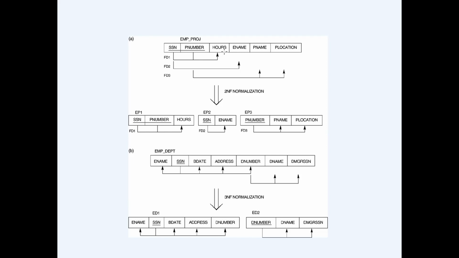Now, second normal form says the non-prime attributes, non-prime meaning not a part of the primary key, that means hours, employee name, project location, should be fully dependent on the primary key. So you have two relations. But you can see here, employee name is related only to social security number, which is a partial dependency. Similarly, project name and project location depend only on project number. So again, partial dependency. So we can say that these relations are not in the second normal form,